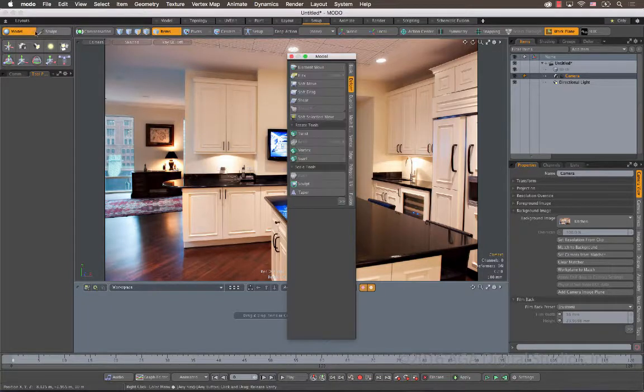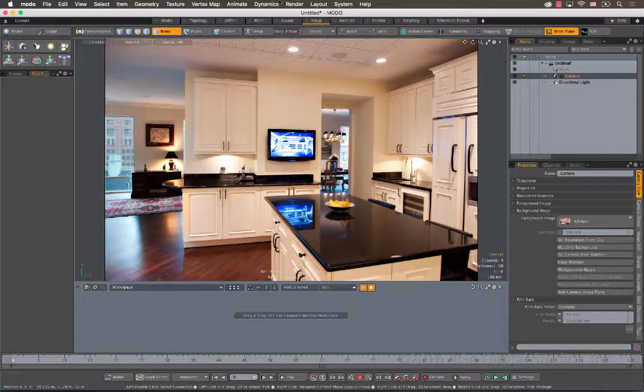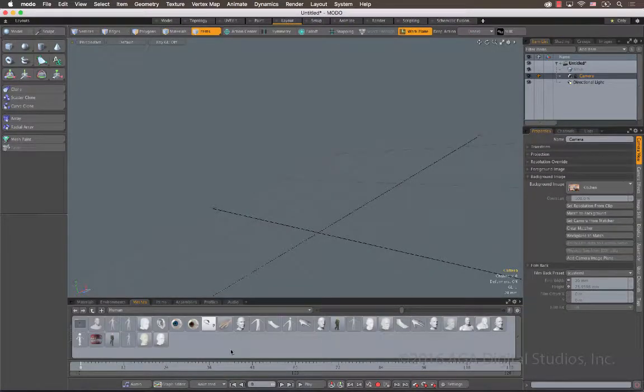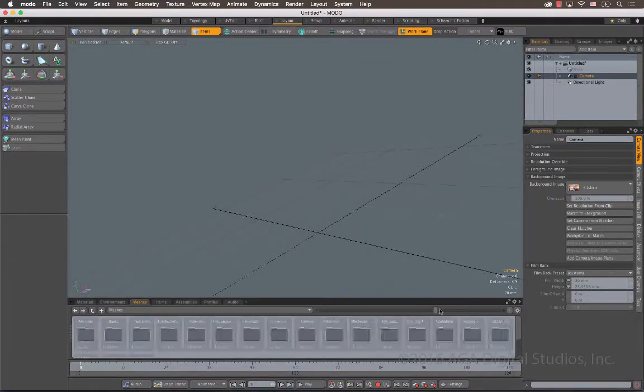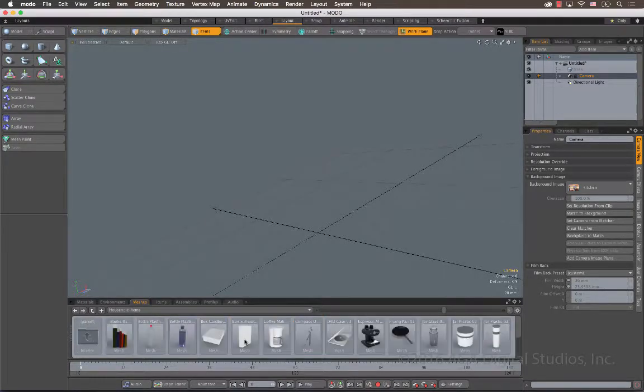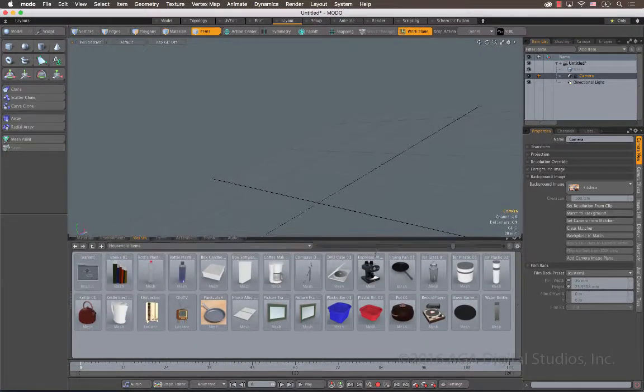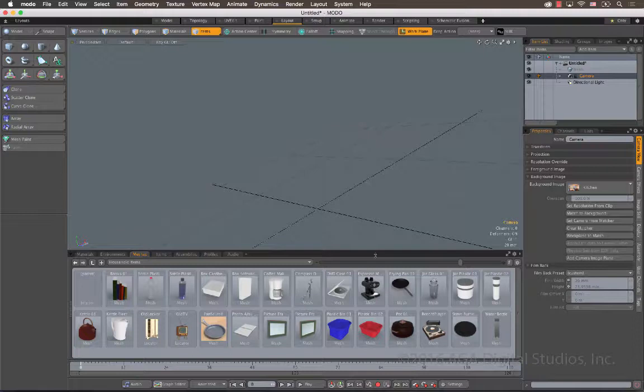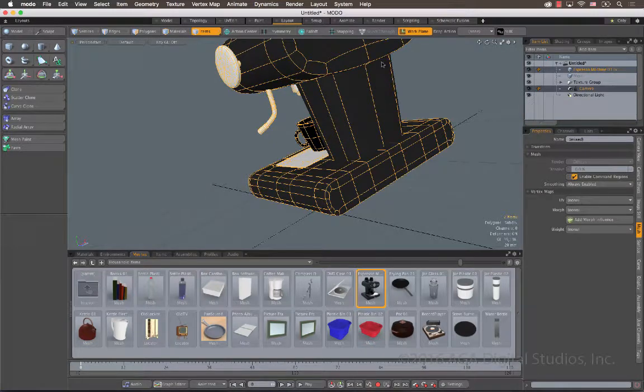So let's open up the Model tab. And instead, you know what? I actually want to do this. I want to go here to the Layout tab. And let's come down to, we'll go back up to Meshes, open this up. And what we're going to choose is Interior, Household. And we can choose a vase. We can choose some books, a tea kettle, whatever we want. Let's take this espresso machine, which is kind of nice, and we're going to drag and drop that into the scene. If we go back to the Setup tab,